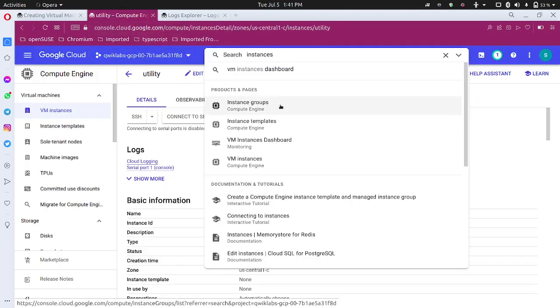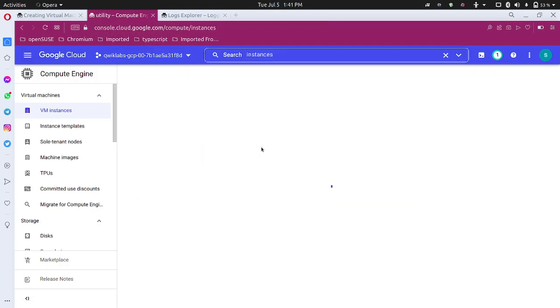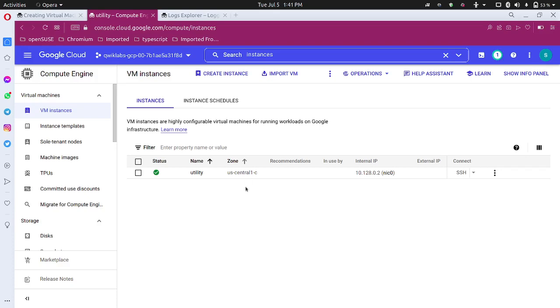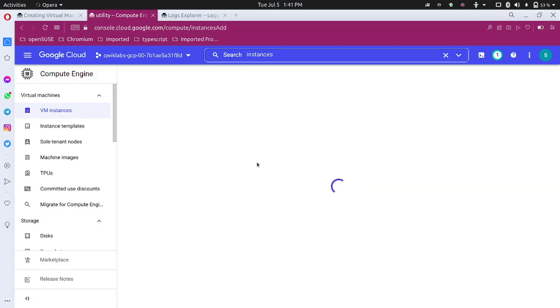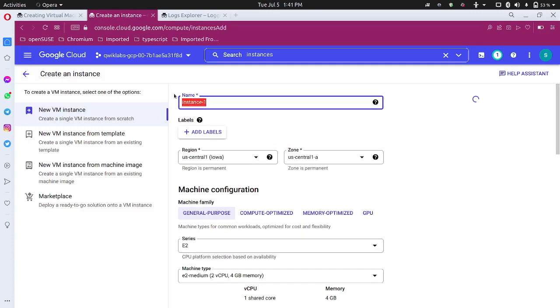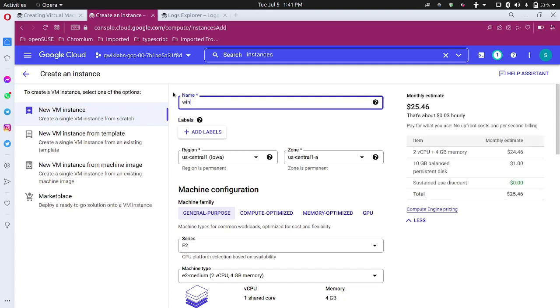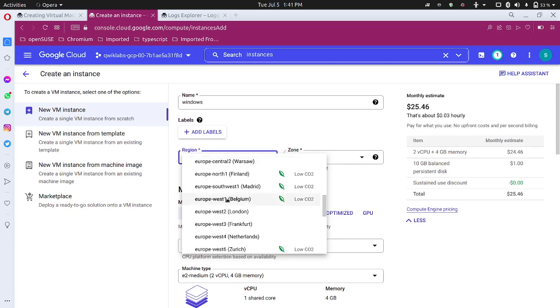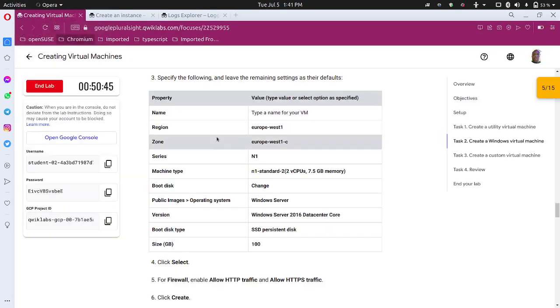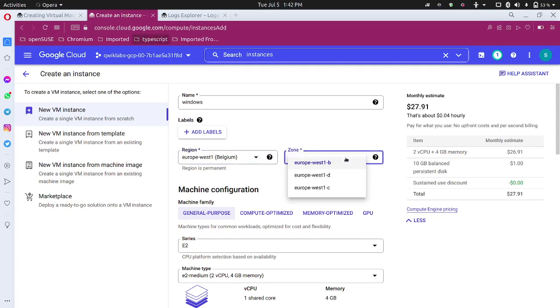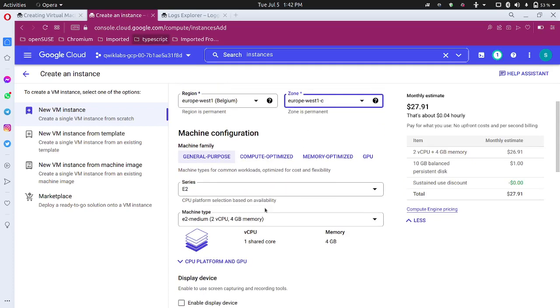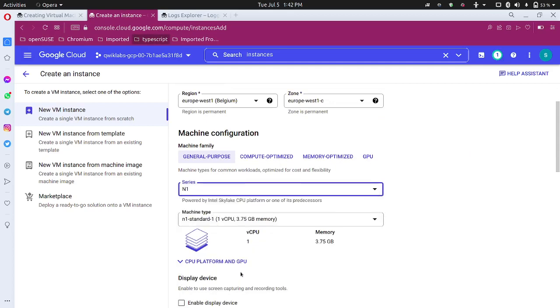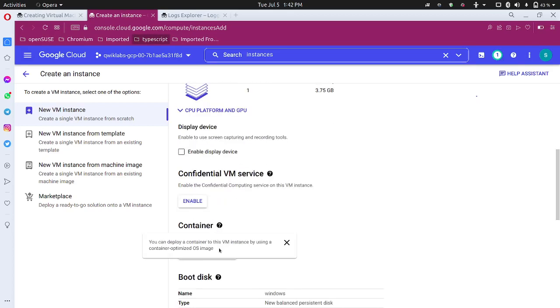Let me go back to the instances here. It's quicker when you want to search for a resource. So let's create an instance. All right, so let's do Windows. Is it Europe West 1, if I'm not mistaken? No, this is Europe West 1. Let's see what that is. Europe West 1 and in the C zone of that region. So we're picking N1 series, first generation, and of course we need to change the boot disk